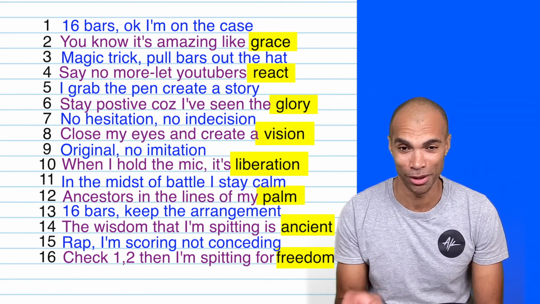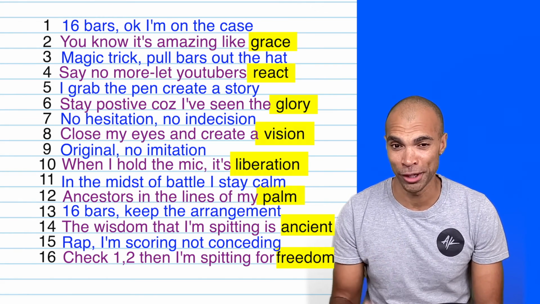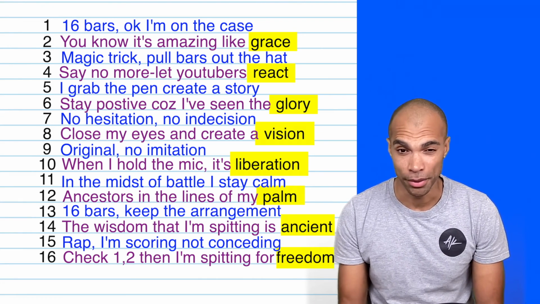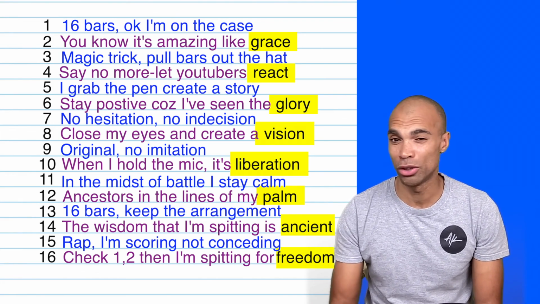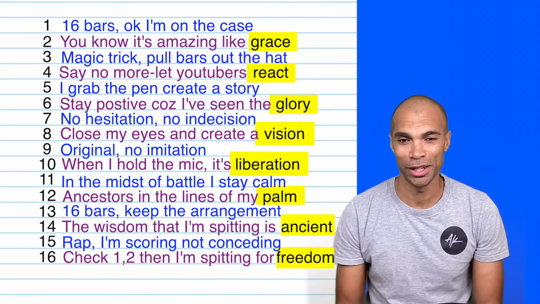We're playing with 3 and 3. And it's kind of something that's going to resonate. I'm spitting for freedom. But it might be that actually you think, okay, one of the other punchlines is better. So you can start to redraft and rearrange your lines. Okay, so that's the bonus tip.